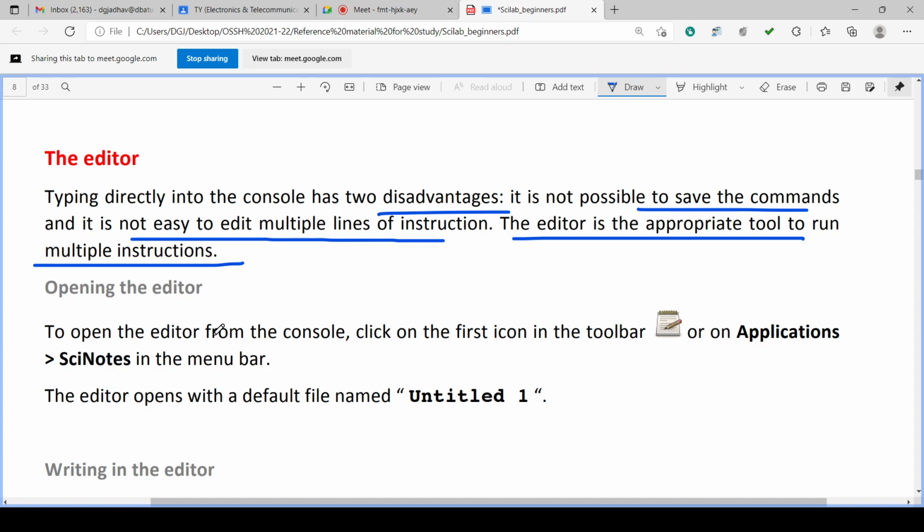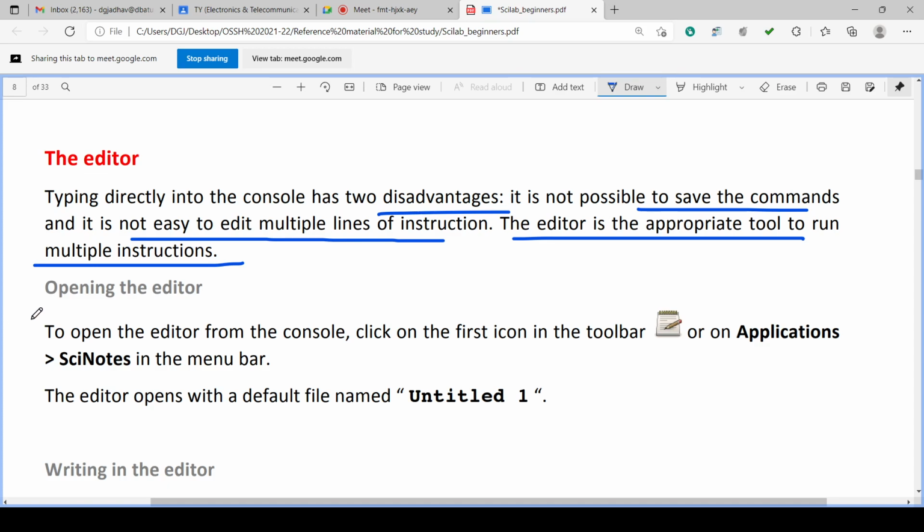We can write multiple programs, maybe a 10 lines program, 50 lines, 100 lines, or maybe even a 1000 lines program. Whatever the number of instructions, it is possible to write and save them in the editor. So the editor is the appropriate tool to run multiple instructions.